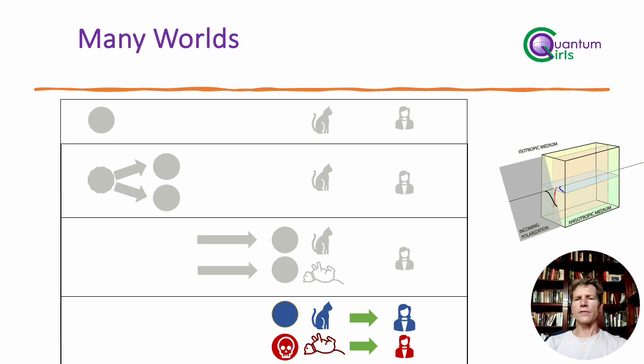So the way that we can think of this, like we thought earlier in some of our earlier videos, is about this splitting wave. So we have one wave which is composed of two components. Something happens to it and it splits that wave into its two orthogonal components. Orthogonal meaning, in the case of that diagram there, perpendicular. So it splits it into its two components. They separate from each other, go their own separate ways, and then do their own separate things, and then stop interacting with each other anymore. So that's the sort of picture that we have of these splitting waves and splitting sets of observers.